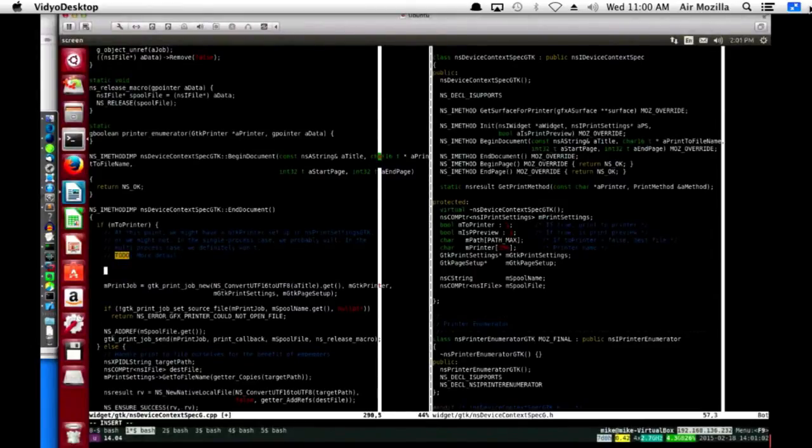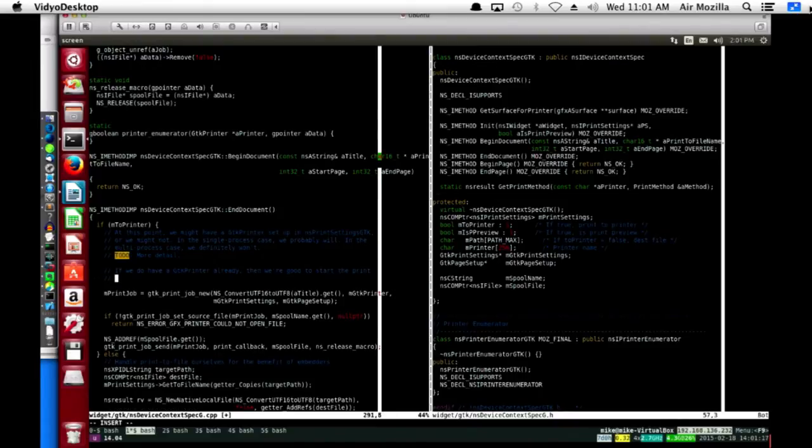So, let's do the do. If we do have a GTK printer already, then we're good to start the print job right away.